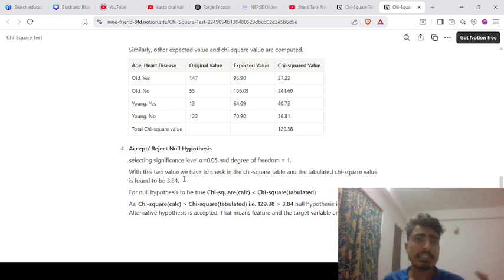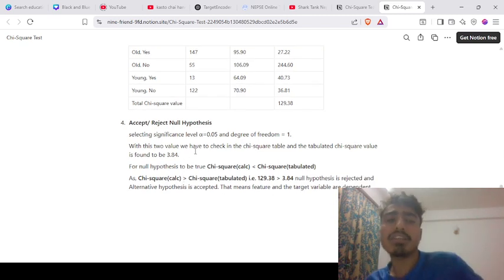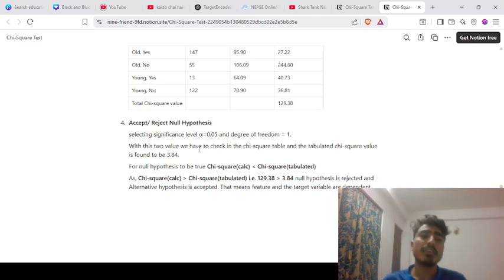There is one tail test and two tail test. We will see, I think, positive one tail test only, because the chi-square test takes only positive values, because frequency never comes in negative. So we generally look at the one tail table in the book. And for now, with the degree of freedom 1 and significance level,